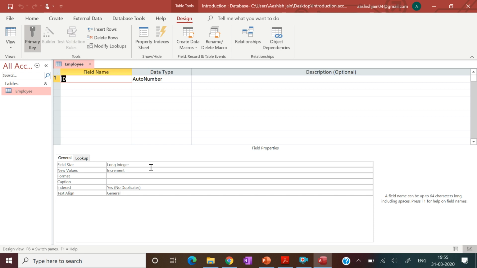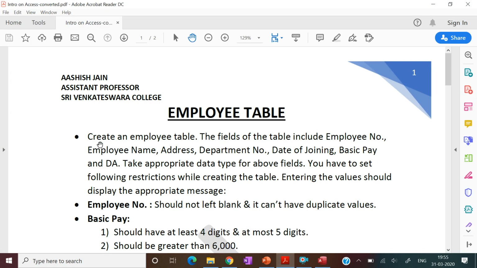Okay, so let's start. So this is the first table, the employee table. Now as per the question, the first field is employee number, and as per employee number, the detail is that it should not be left blank and it can't have duplicate values. That means we need to put this field as a primary key.